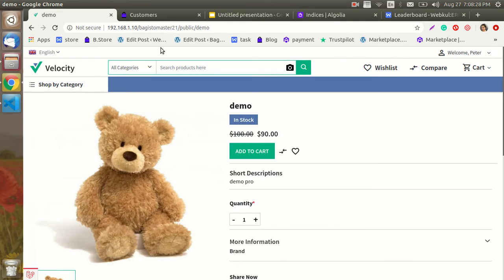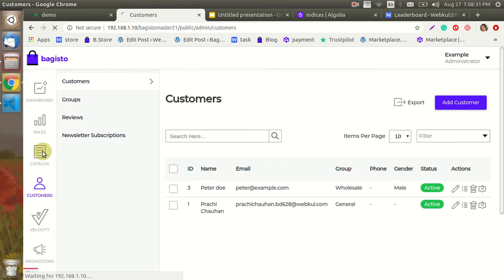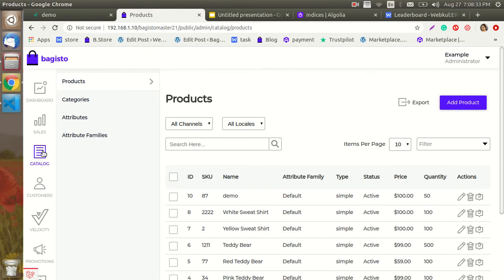So guys, this is very simple to set the price for a particular customer group in your web store. As I earlier showed you, just go to the catalog section, and once you are adding the product, you will get the option which is add customer group, where you can add the price for a particular customer group to whom you want to give the discount.